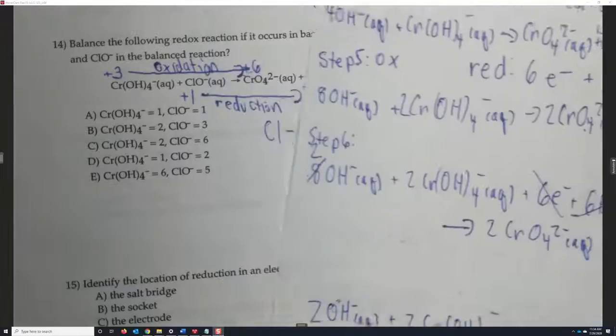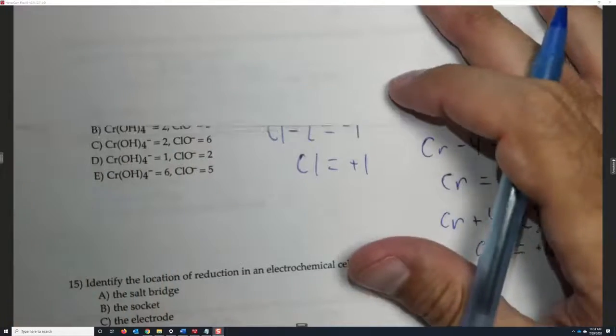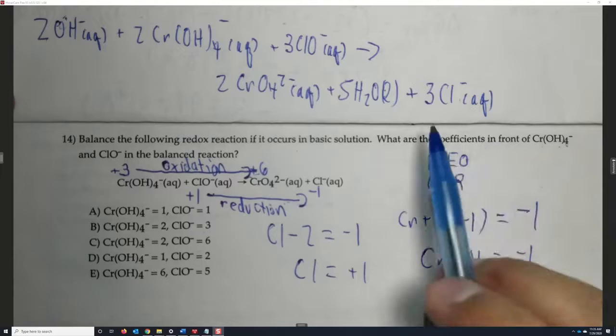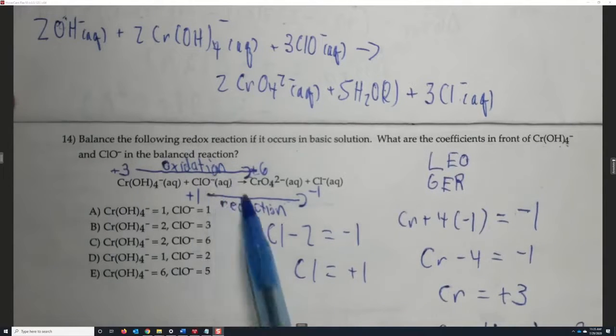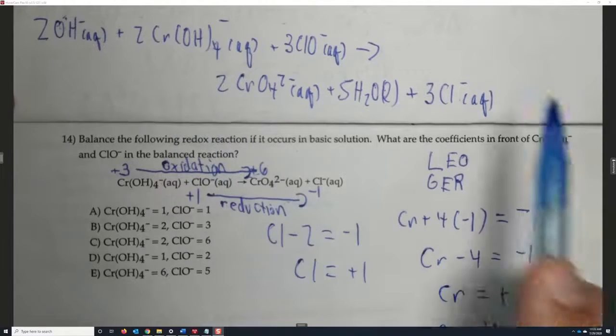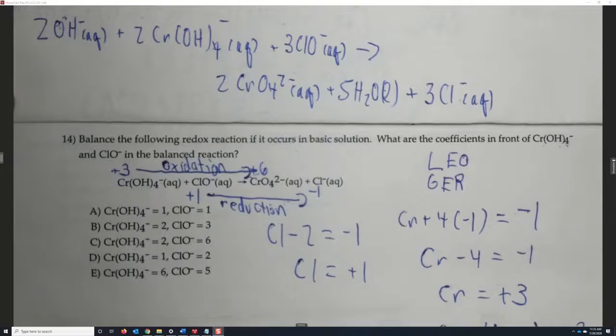To answer the original question, what are the coefficients in front of Cr(OH)4 minus and ClO minus in the balanced reaction? Let me see if I can fit this all on the screen somehow. So there's a 2 in front of this one and a 3 in front of this one, which is choice